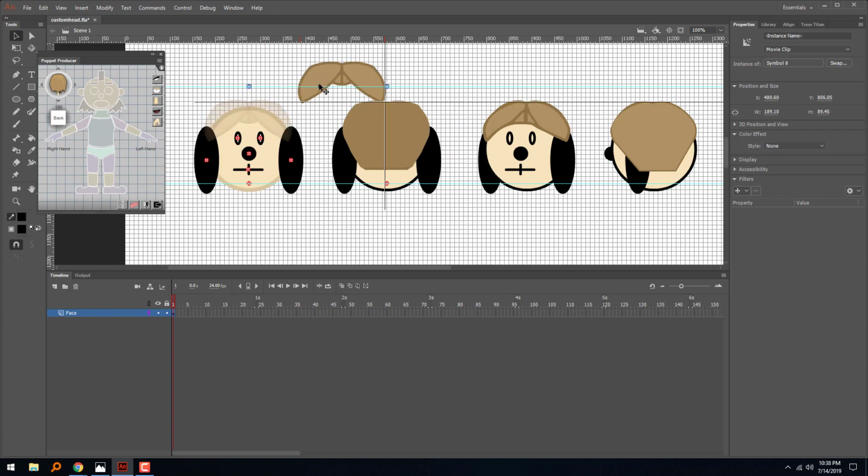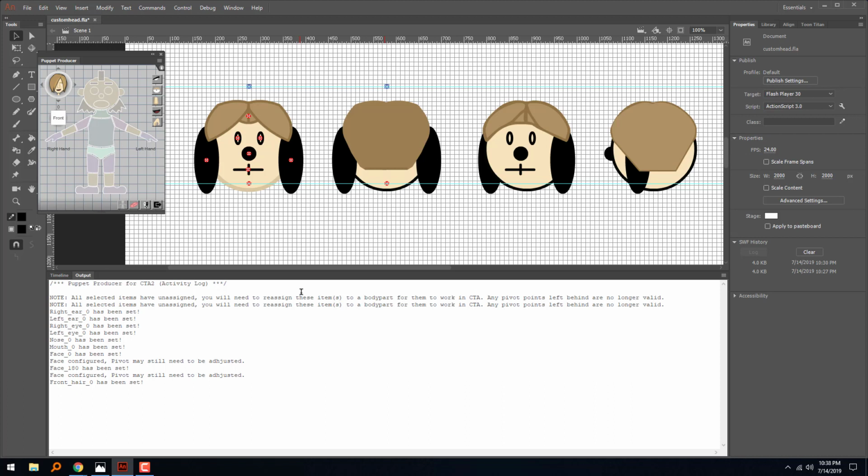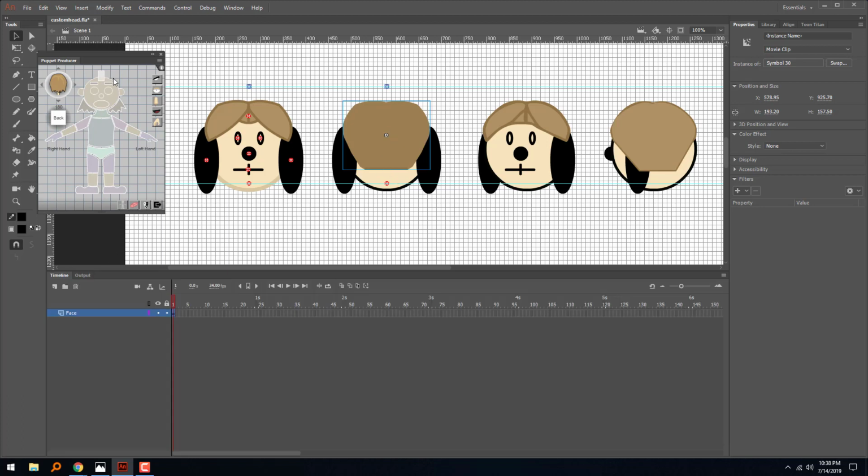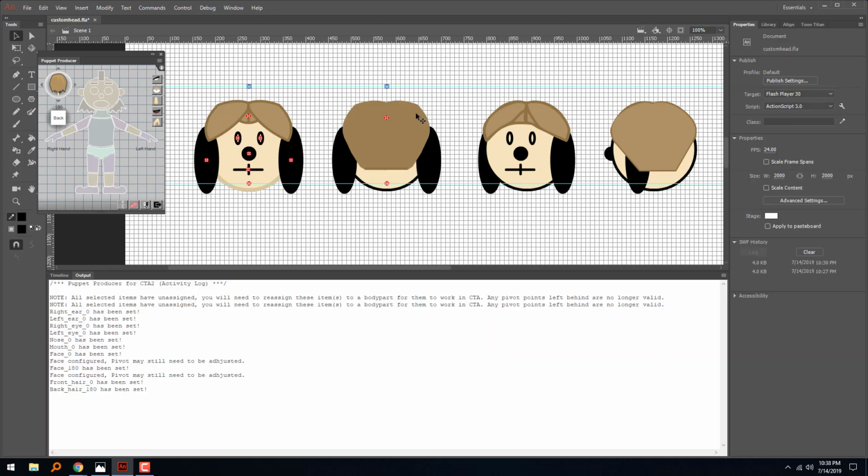All right, so let's see here. I'm assuming this is the front hair, and that character doesn't seem to have back hair. So let's flip them back to the front and click the front hair, and boom. So that's already fully configured. I can do this with the next angle, which is the 180 on that one. Make sure you're working with the correct angle in the Puppet Producer that you're doing inside of your Flash canvas area. So this is the back hair, so we're gonna click on back hair,